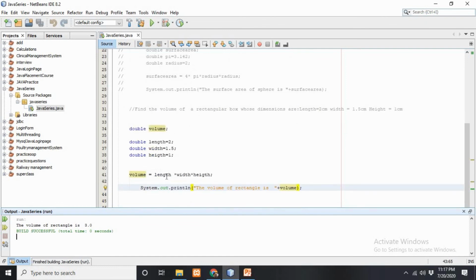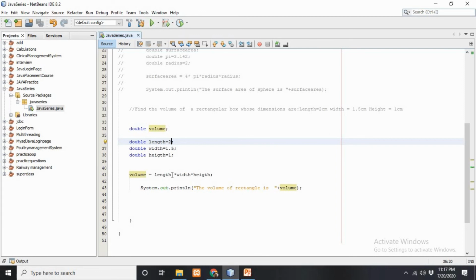So this is how simple it is. How it works: the value of 2 will be substituted at the place of length, 1.5 will be substituted at the place of width, and the value of height will be substituted at the place of height.